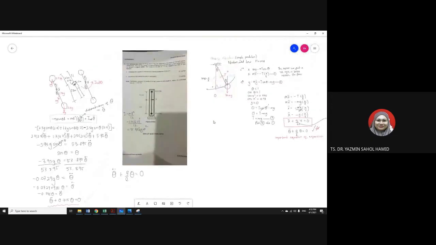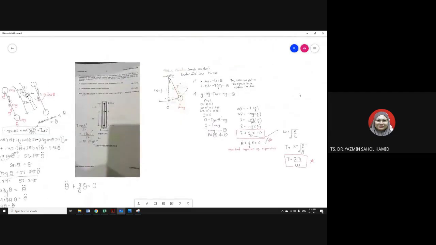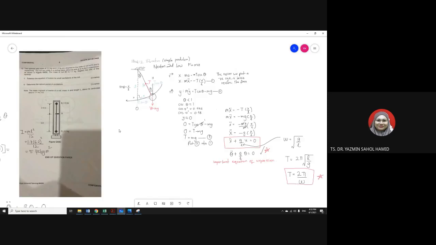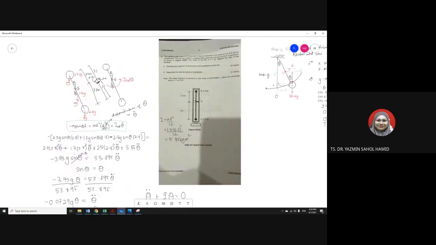So first kita recap. So apa yang kita belajar tadi dekat sebelah sini, kita belajar dia punya derivation concept and understanding dahulu. Lepas tu sebelah sini kita try to answer the question di mana kita establish the equation of motion and determine the natural period. Okay, so